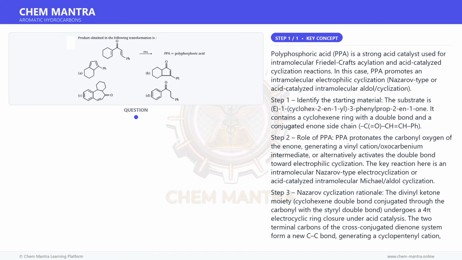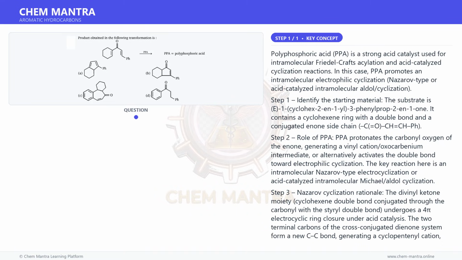Step 4. Product formation. The intramolecular cyclization between the terminal carbon of the cinnamoyl double bond, bearing Ph, and the cyclohexene double bond carbon forms a new 5-membered ring fused to the cyclohexane ring, giving a bicyclo 4.3.0 hydrindane indenone skeleton. The resulting product is 2-phenyl-2,3,3a,4,5,6,7,7a-octahydro-1H-inden-1-one, a cyclopentane ring with Ph on the double bond fused to cyclohexane,